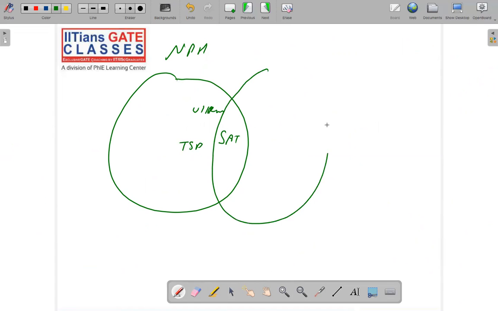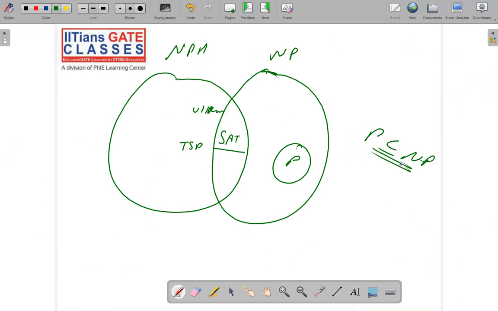Now, we also have NP. NP means the problem can be solved non-deterministically in polynomial time. And every polynomial problem is a subset of NP, right? So this common area is called NP complete,